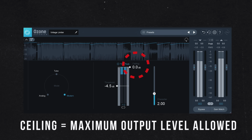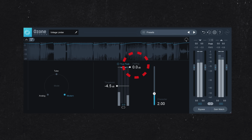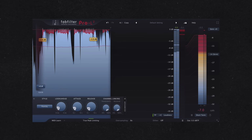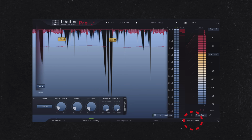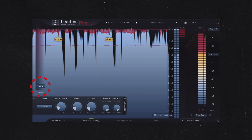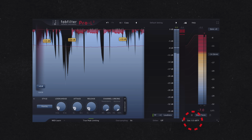The ceiling control sets the maximum possible output level of the limiter, often set at 0 decibels. In certain limiters, such as Pro L2, the controls may be labeled differently. Instead of a threshold, there's a gain, and instead of a ceiling, there's an output. Despite the different labels, these controls serve similar functions. The gain control adjusts the input level, pushing the signal towards the limiting range defined by the output, which acts